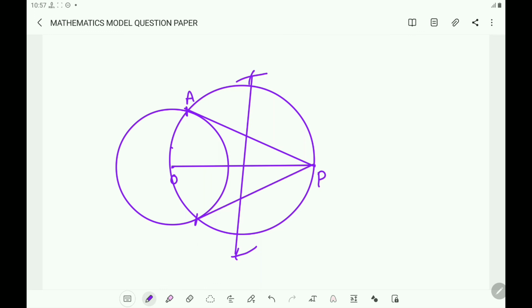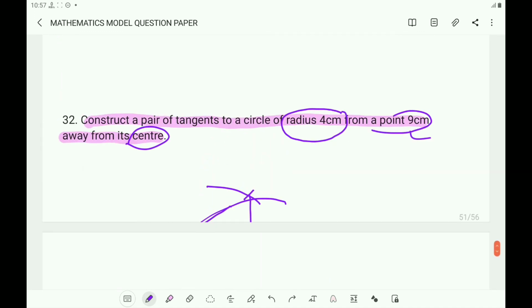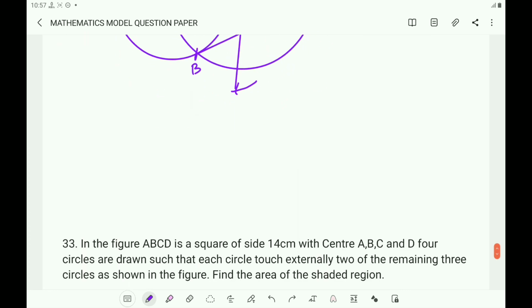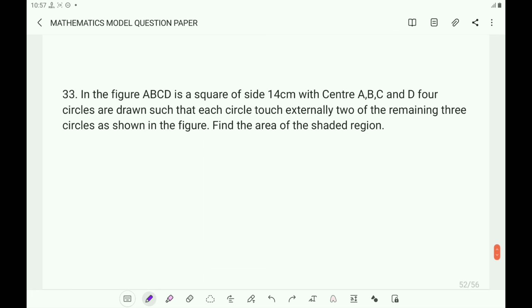Here PA and PB are the tangents from the external point P. In this way, draw the tangents to the given circle from the given external point. Now take the next question, that is question number